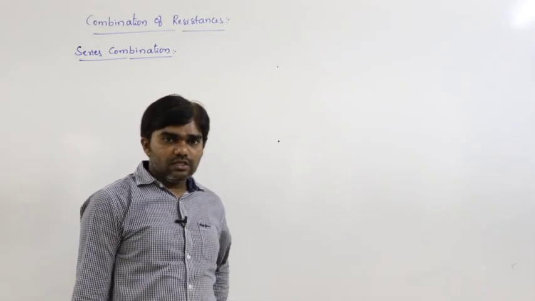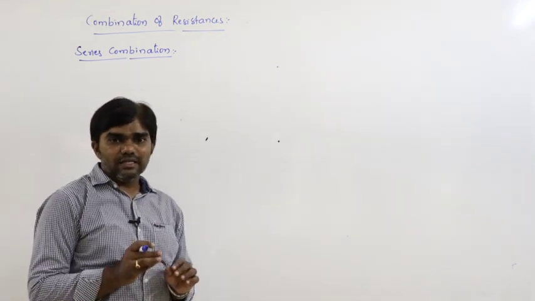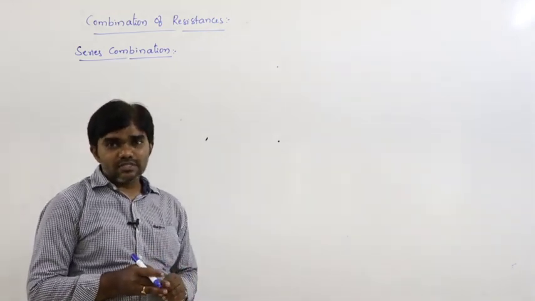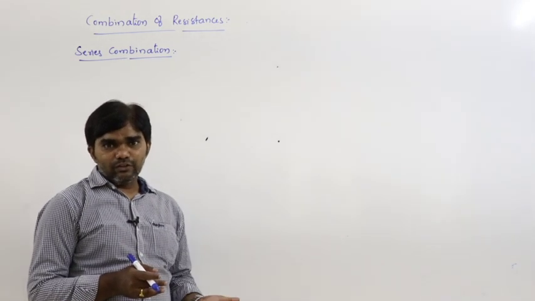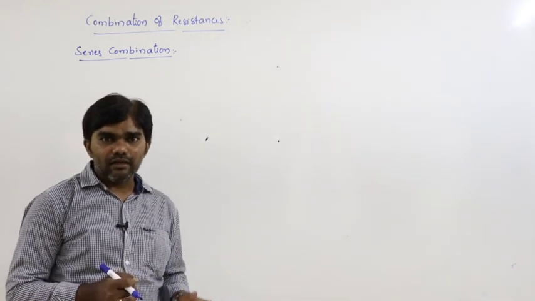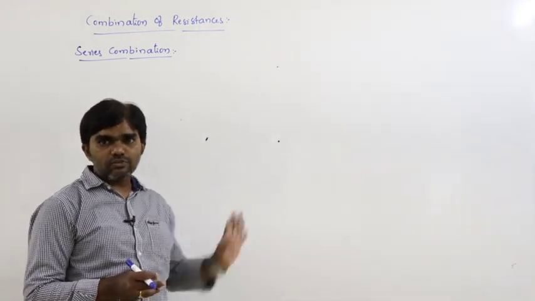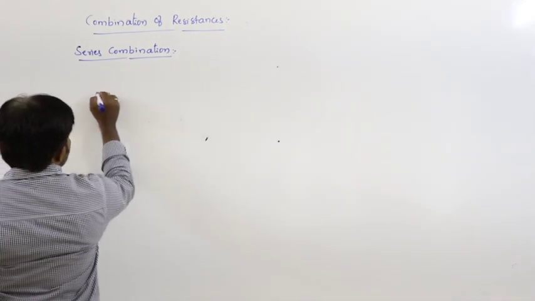How can we calculate series combination? If a number of resistances are connected in series, what is the effective resistance? Or if a number of resistances are connected in parallel, what is the effective resistance? That's what we are going to calculate. First one is series combination. Series combination means,